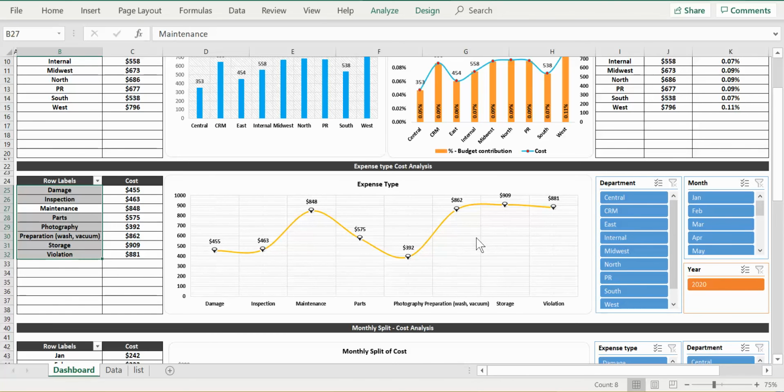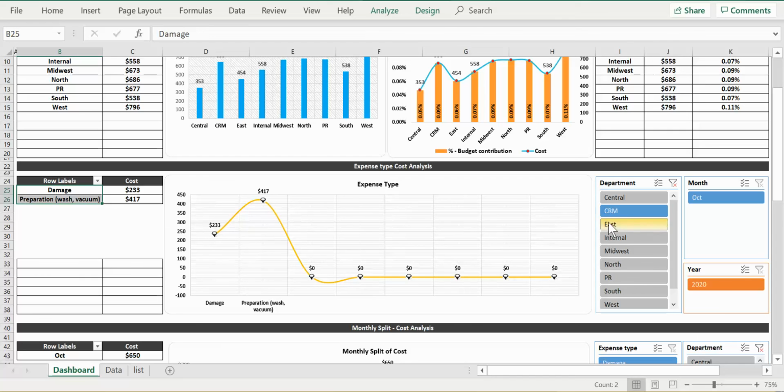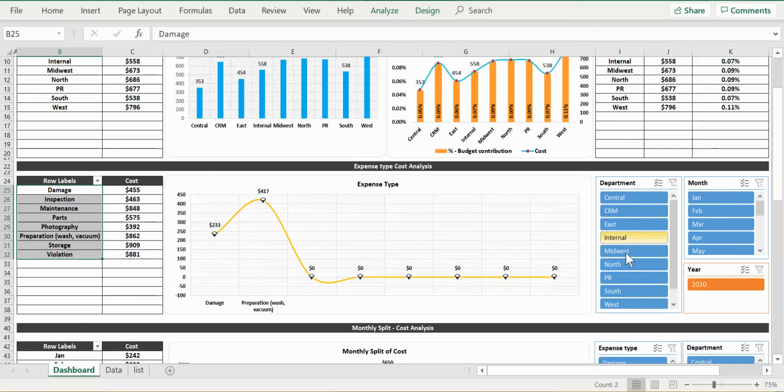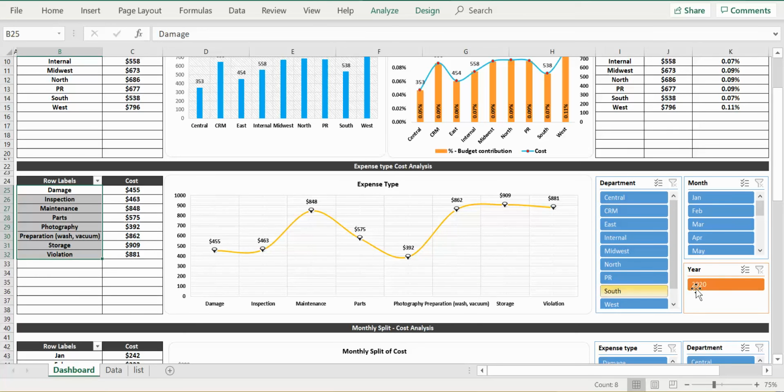What if you wanted to see the expense type for a specific department? You can click on that, the data will get updated and tell you what it is. The faded ones don't have data. And if you have more years, when you click on the respective year, the data will also get updated here. That's what I have done for the expense cost type.